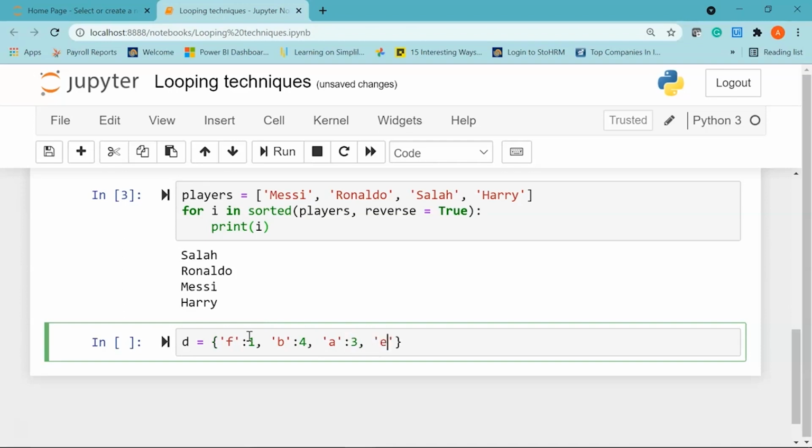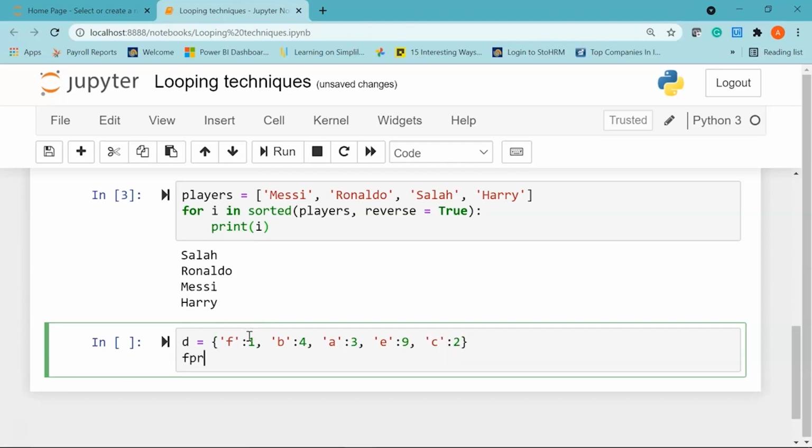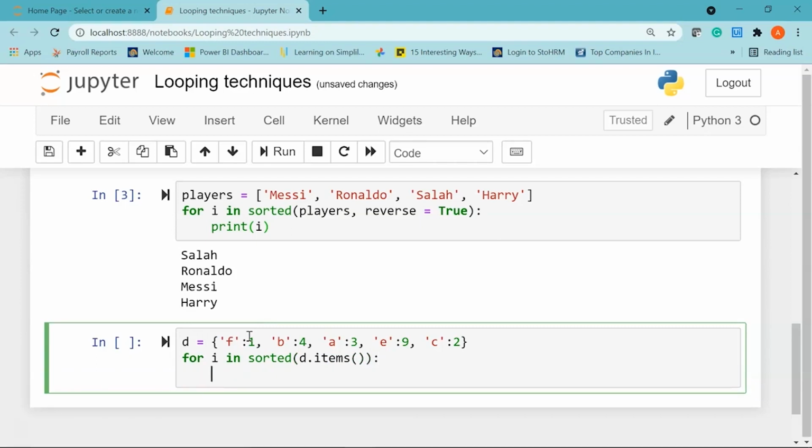After that, my next key is e and the value is, let's say, 9. And finally we have our last key, which is c, and the value is 2. Now to sort this dictionary, I'll say for i in sorted, I'm going to use the items method. I'll say sorted d.items and then we'll print i.